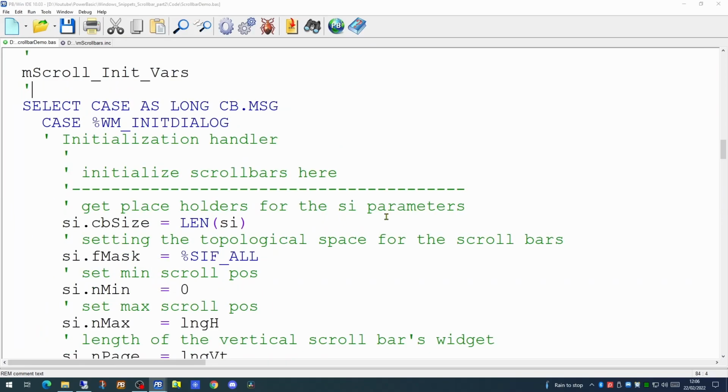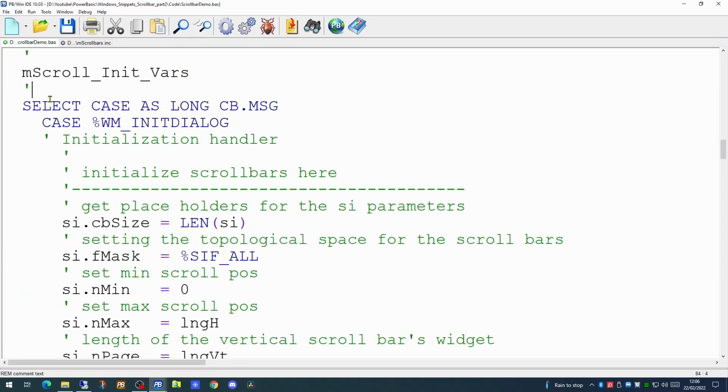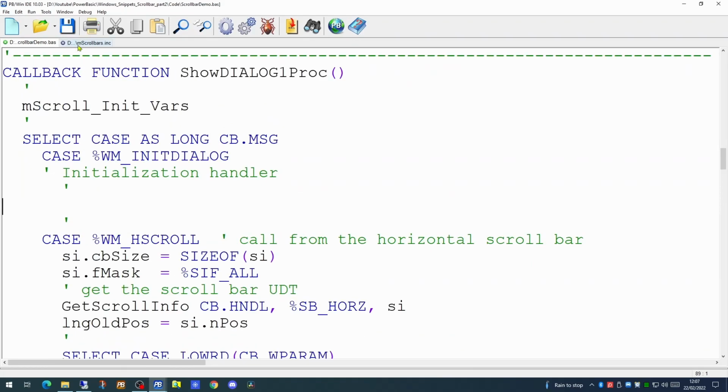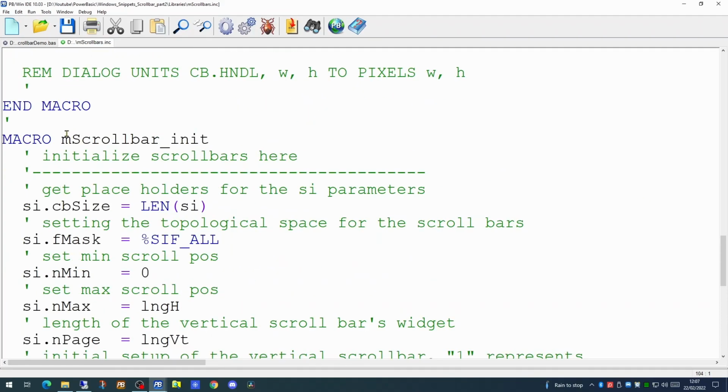So further down the callback function, we have an initialize dialog section, in where we're actually populating a number of values. We're going to remove all of these and create yet another macro in our include file to set up the scroll bar initialization. And we're going to call this macro scroll bar init. So as we did before, we will quite simply cut out all the code that does this initialization. And we will paste that code into our macro. And having pasted the code into the macro, we'll now copy the name of the macro into our main application.